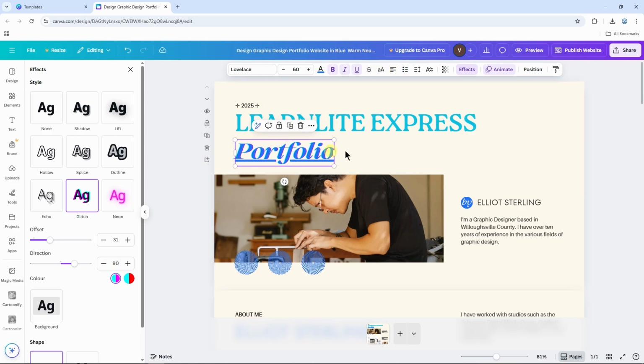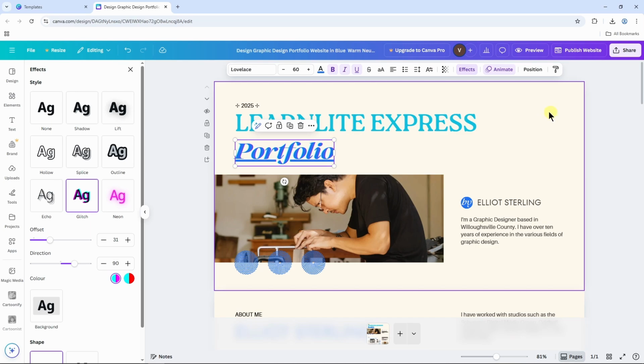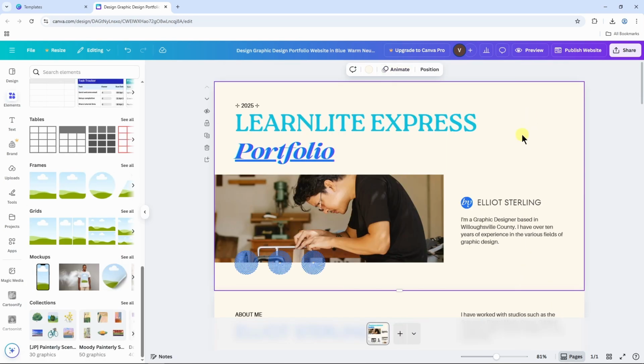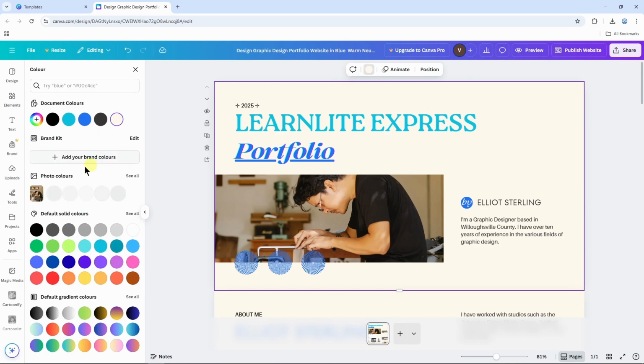And now in case you want to change the background for your section, then for that select your section first, and in case you want to delete any section, then you will see this trash can here as well, which will be used for deleting any unwanted section. But I don't want to do it. I want to change the color of my section. For that I have selected the section here, then click on this color option from here, and now on the